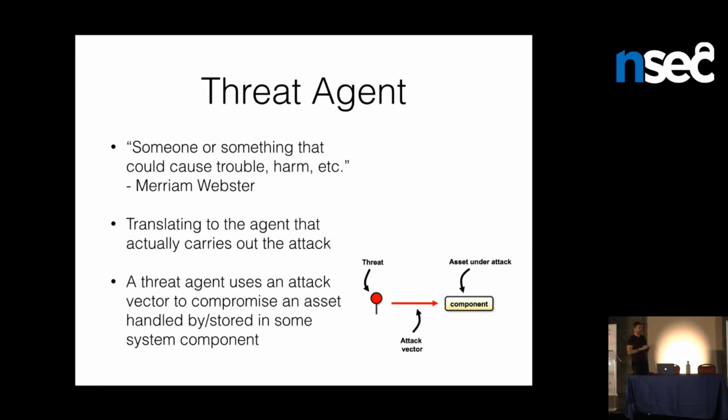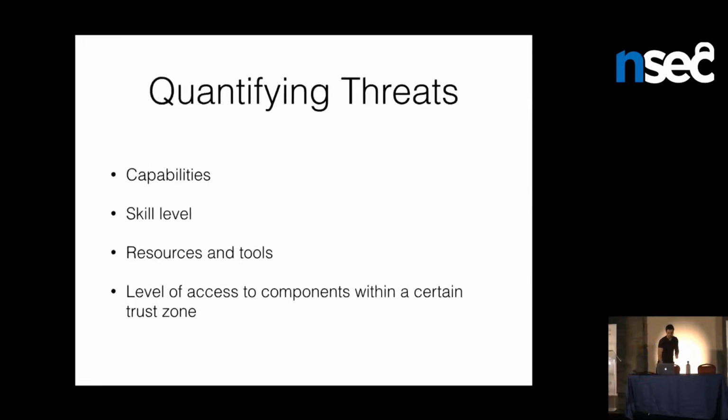Throughout our system, if you consider a much bigger system as opposed to this little simplified diagram, an attacker might go through multiple components and bypass multiple controls to get to an asset, but this is the general workflow that we'll work within. As we all know, but it's worth throwing out there, all threats are different, and we need to be able to quantify our threats so we know what we're defending against, who we're defending against. So some ways in which we can actually quantify the threats that we're